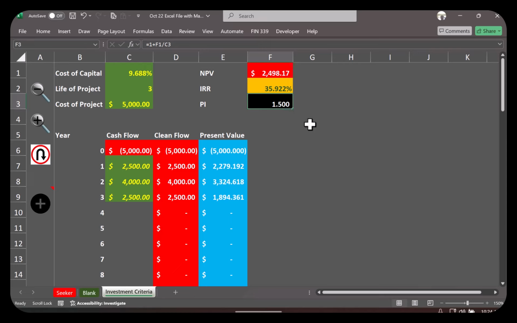You probably are guessing the decision rule. For standalone projects, you're going to accept if PI is greater than 1. For mutually exclusive, you're going to pick the project that has the highest PI, provided that highest number is also greater than 1. Again, this knows nothing about the scale. For example,